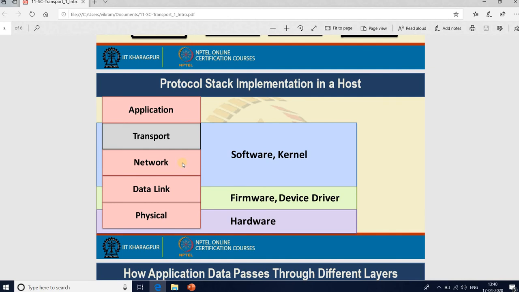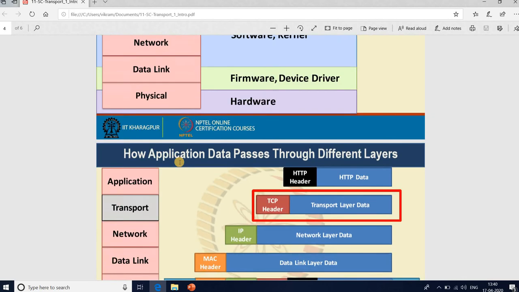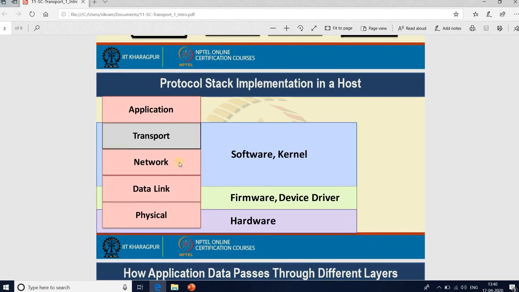For example, in an Android based operating system, you see there are multiple applications, such as the Facebook application, Twitter application, YouTube application, that can access data over the network. All these different applications are implemented as a part of your application layer.